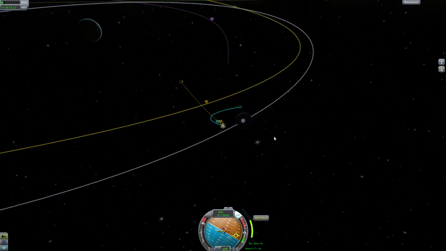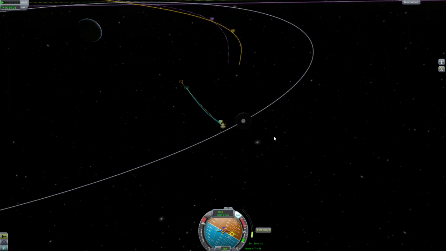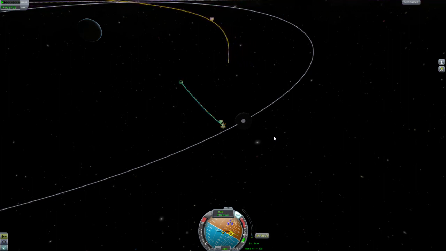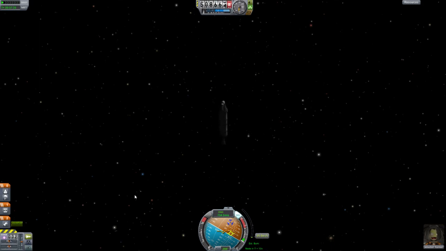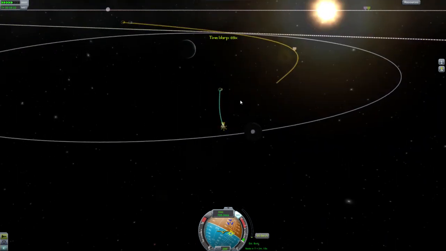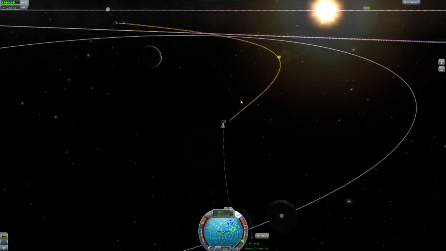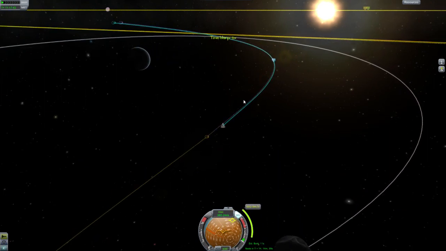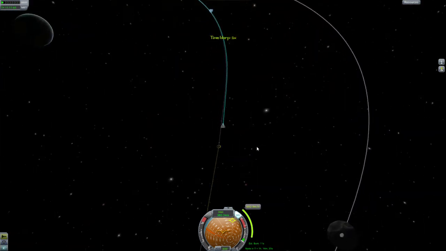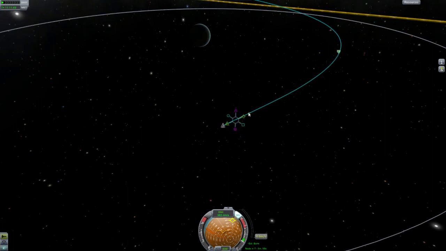Ready to cut the throttle here. And cutting throttle. Back to the view here. We still have enough fuel for correcting the orbit. So now we're going to wait until we are exiting the orbit here. And time accelerating for this. Going out here. Then we have to correct our orbit to go towards planet Earth, and the earlier we do